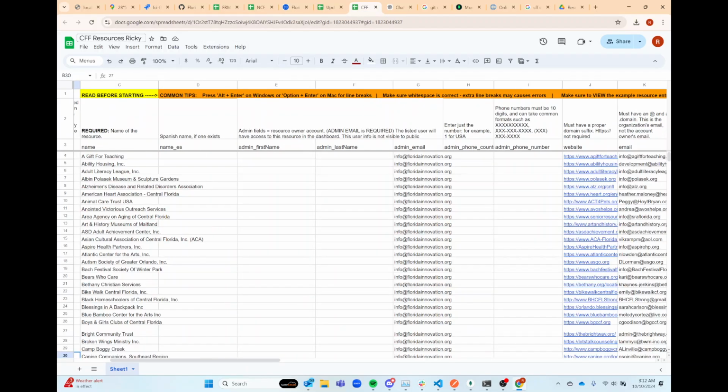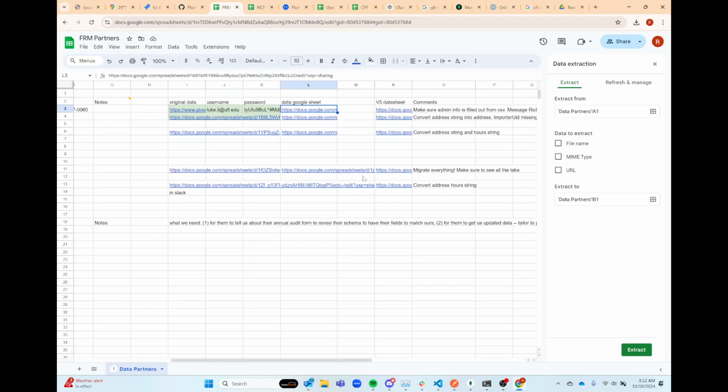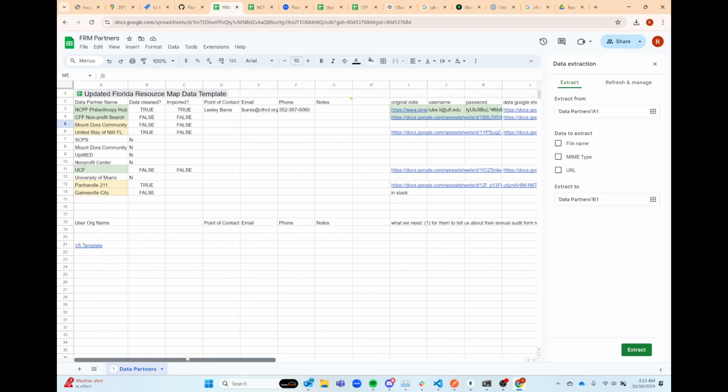As I said, I'll be working on the CFF resources, so if you could just get started with some of the other ones that are not already in the approved resources and that are here with data that's not missing too much, that would be great. So yeah,